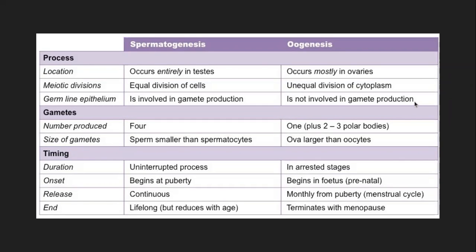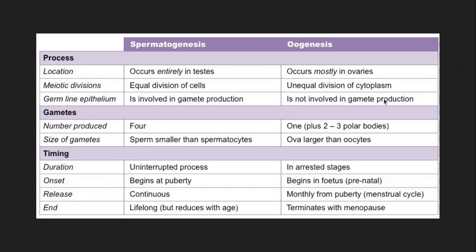So originally, if you think that when this oogenesis is started, then it is at the fetal stage where the germline epithelium has not even completely differentiated, like it is the case in spermatogenesis. That is at puberty, and that is the meaning of these points here. So that does not literally mean that oogenesis does not happen from the germline epithelium, but it means that it is not completely differentiated germline epithelium which gives rise to the oogenesis here. It has started already during the fetal development.